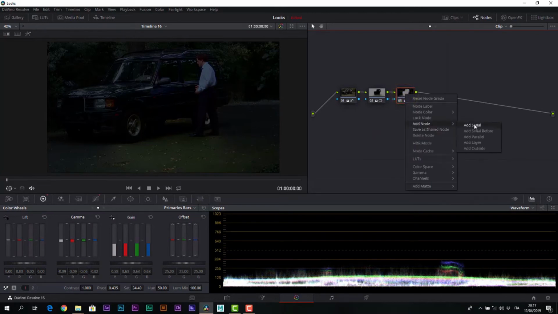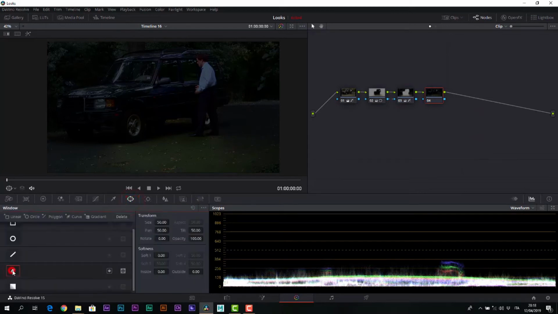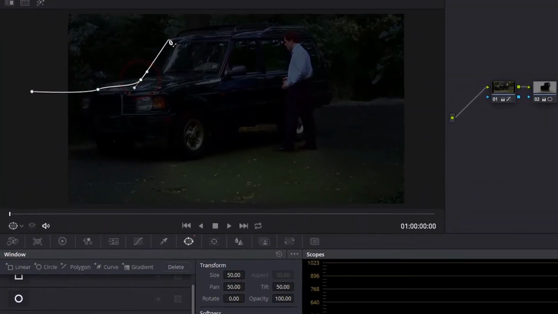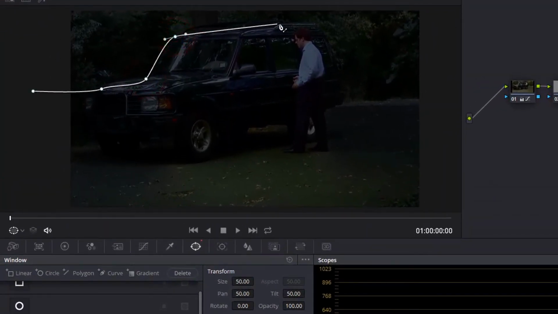The next step in this case will be an intervention on the background where we will generate a dedicated power window to cut out the back of the car in a soft way. We obviously must fix the curves to be smooth and once again we define a softness value both inside and outside.